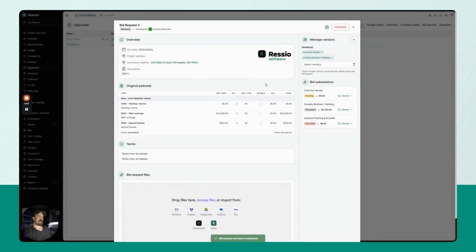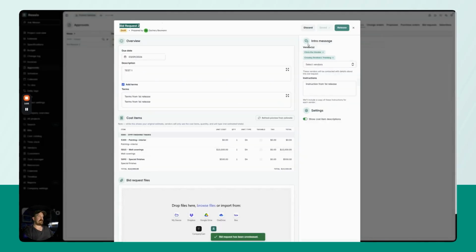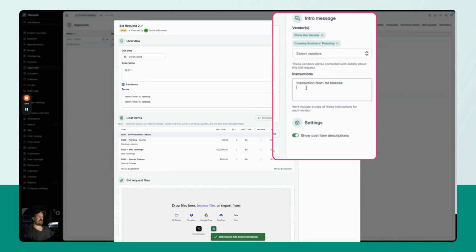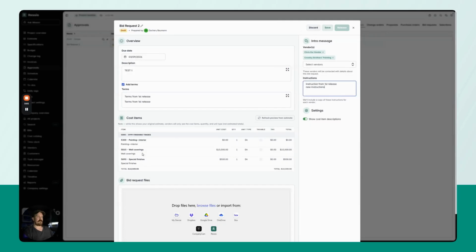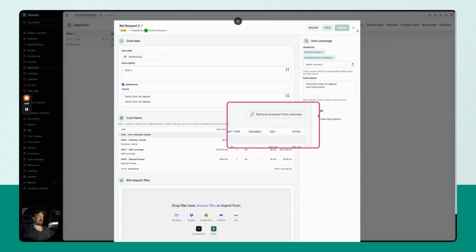So what I can do here is I can unrelease. You'll specifically see that we can now come in and make changes here. I can add in new instructions. I can make changes from the estimate page and refresh the preview here. So if I go back to my estimate, for example,